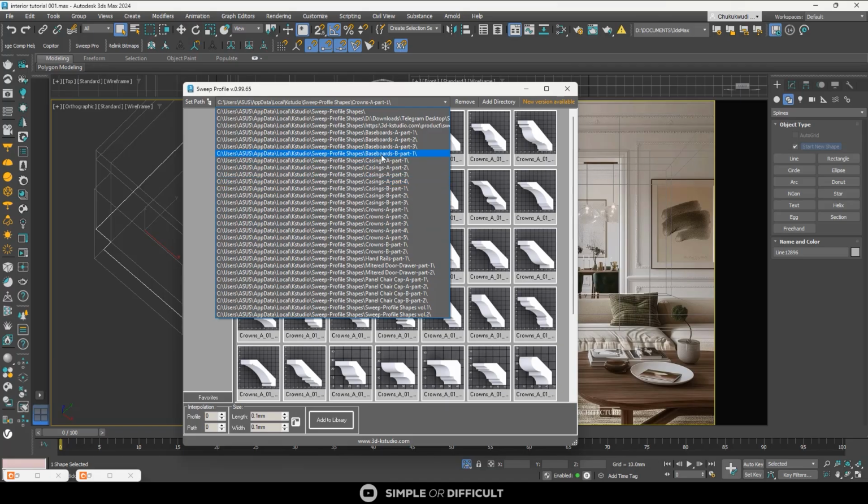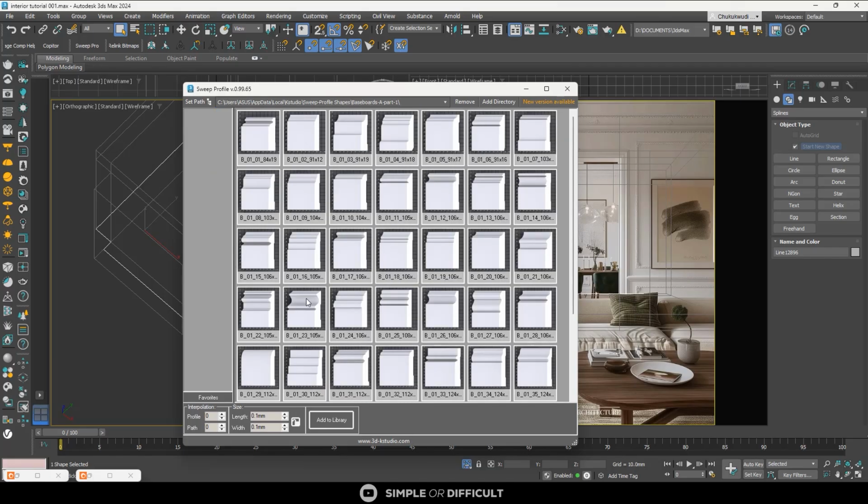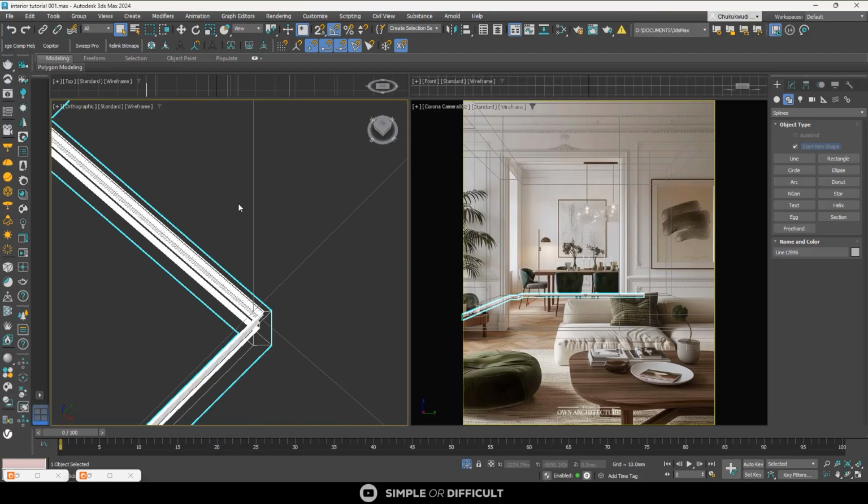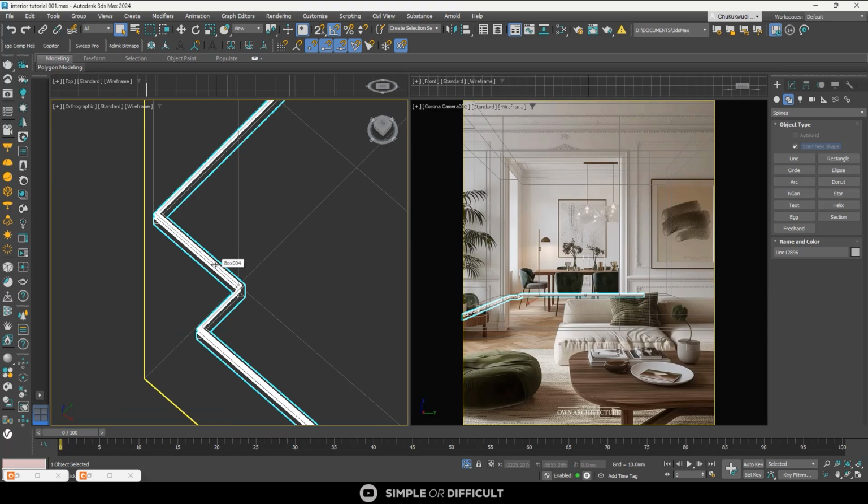You can see baseboard over here. Just select anyone, it doesn't really matter. I'm going to select the one that will give me so much drama. For now, the one I'm seeing is this. So I'm just going to click on that one. As I clicked on it, you can see